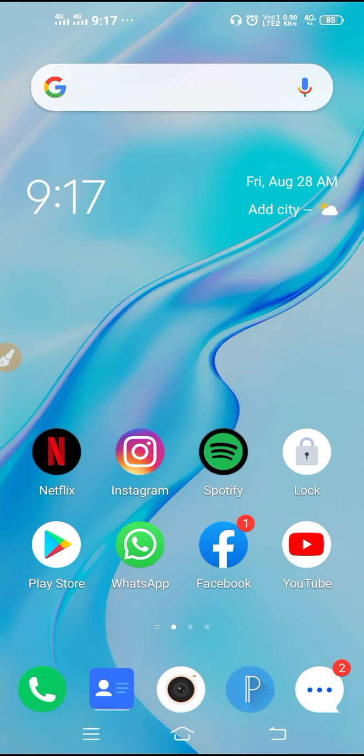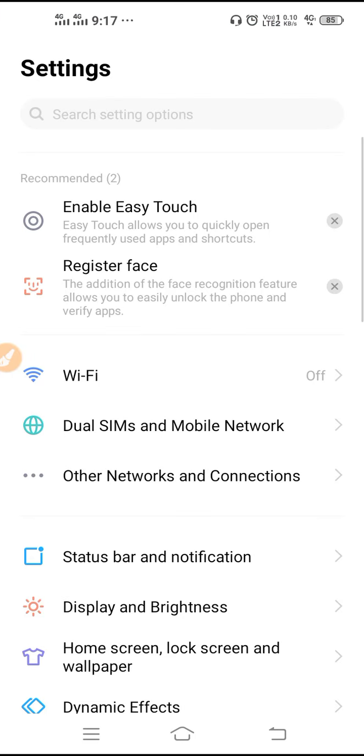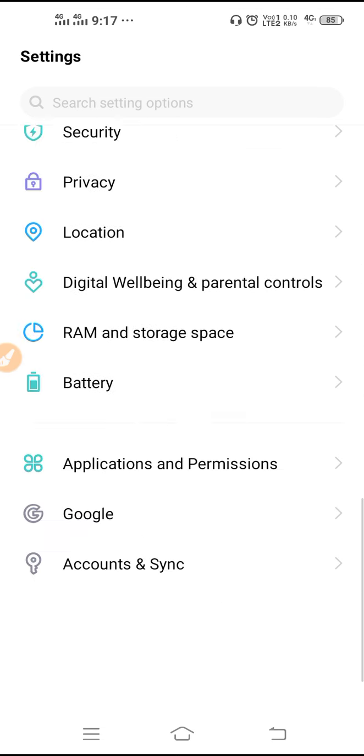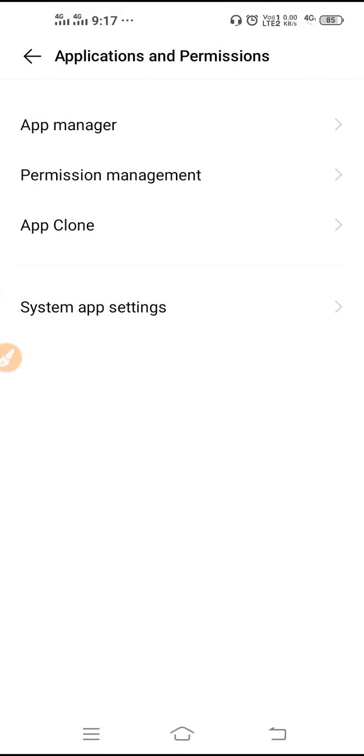So make sure to clear up some space on your device and clear the Play Store data. First, clear the storage. You can clean up the storage, delete some files or videos, or uninstall some applications. After doing all these things, go to applications and permissions, then go to app manager,